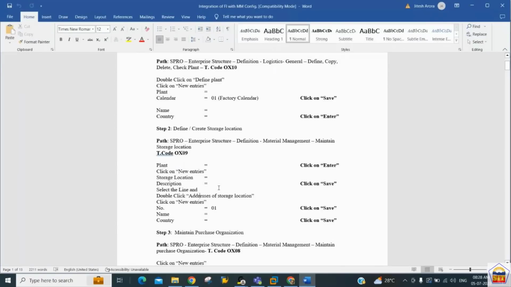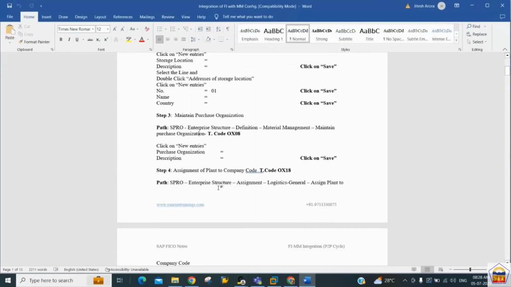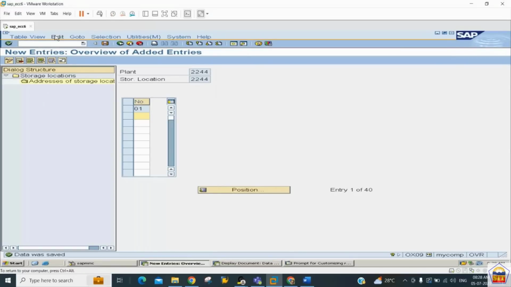Now what next we need to do? It is saying that now you need to maintain your purchase organization. And in order to create this purchase organization, we need to use the transaction code OX08. All the purchase related activities you are going to manage, maintain under the purchase organization only. And for this purchase organization creation, OX08, press enter button